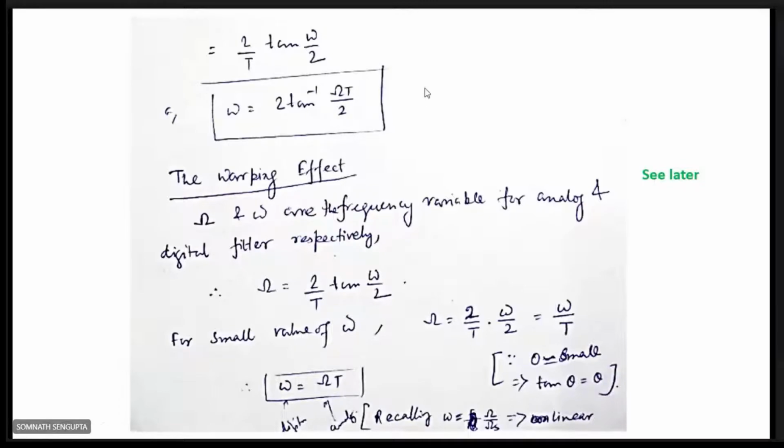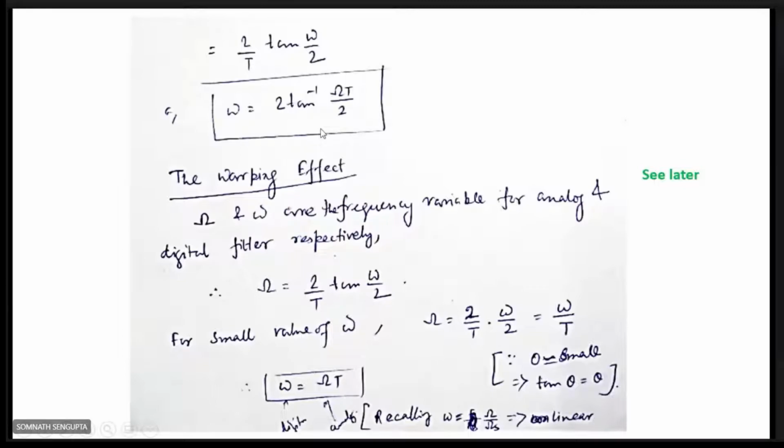Okay, this is actually used because your base filter is in the analog filter form. So that is capital omega. This formula you should keep in mind always: omega is equal to 2 tan inverse of omega T by 2. So now this is a non-linear relation between the two frequencies,